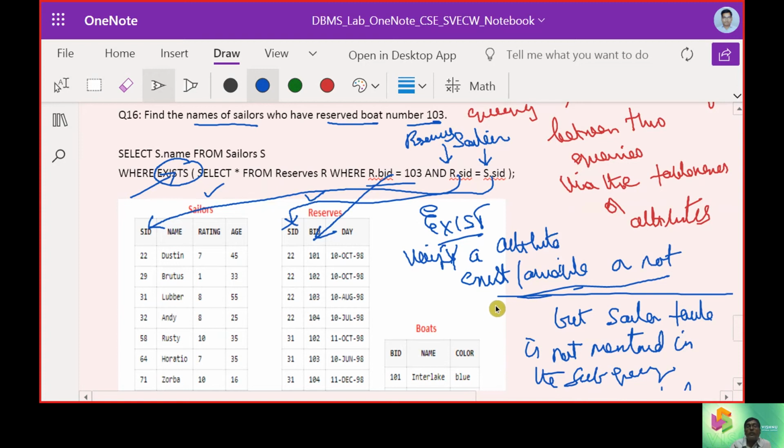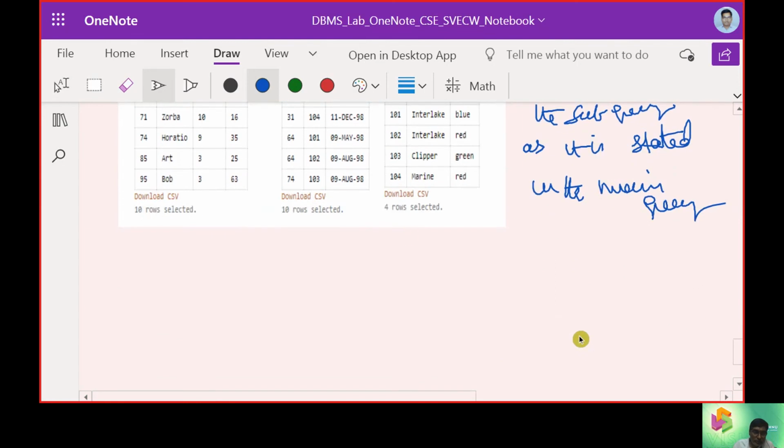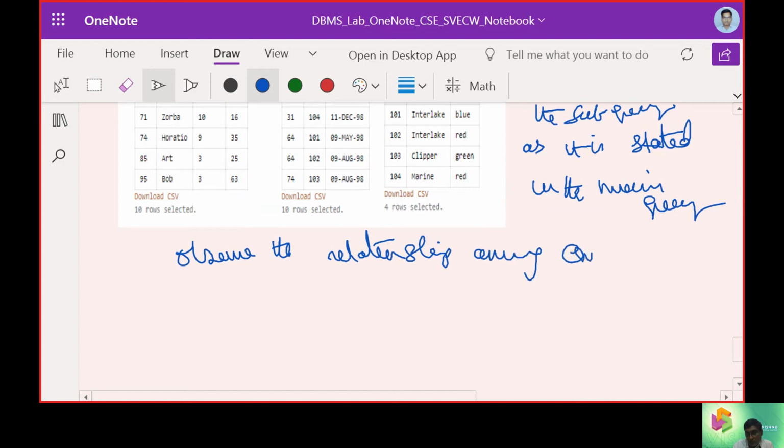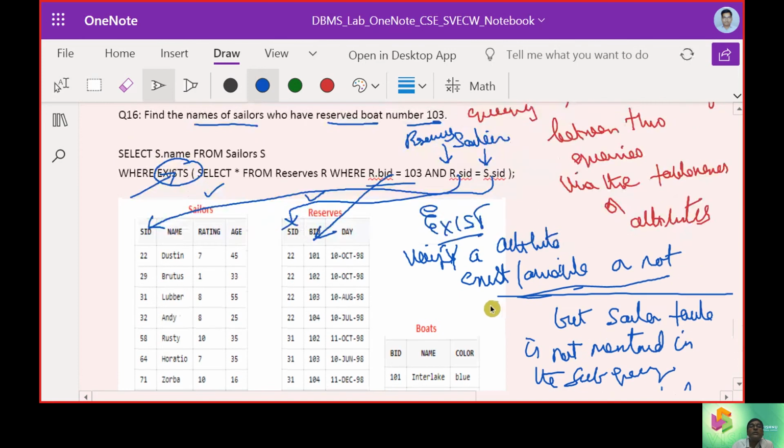So in correlated nested queries, we observe a relationship among the queries. That was the case we should take up here.